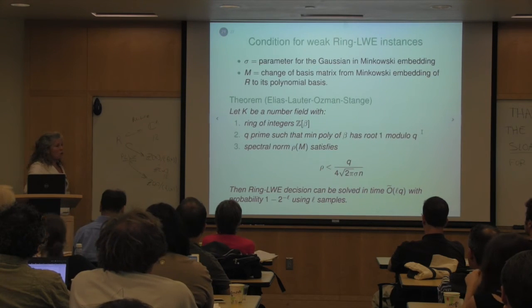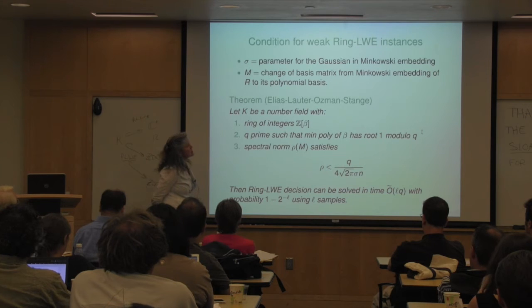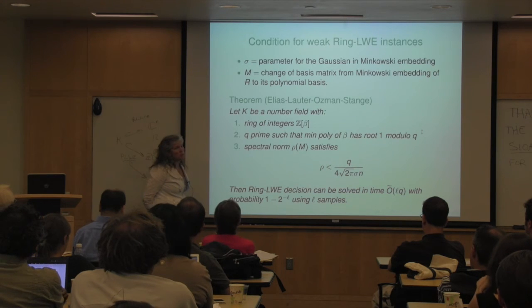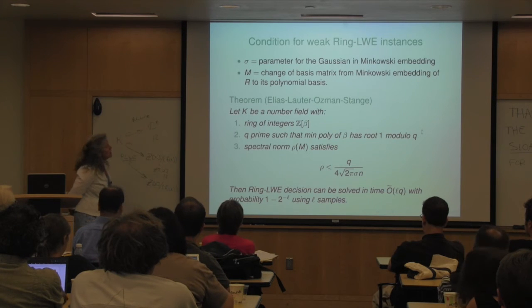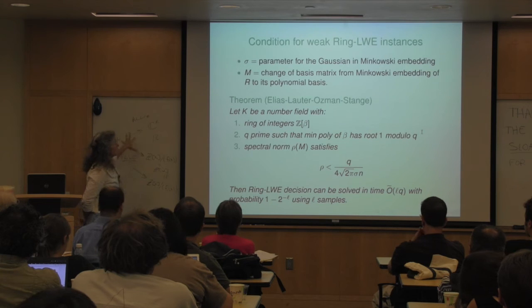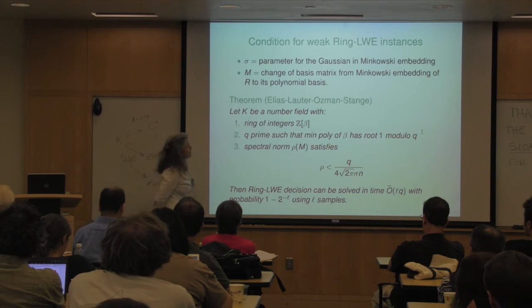Okay, so what we did in this paper, besides extending these attacks, we did a couple of things. We constructed families of number fields which are weak. So the decision RLWE problem is weak. We also showed other types of PLWE instances that are weak, including 2-power cyclotomic rings with a badly chosen basis. And we gave